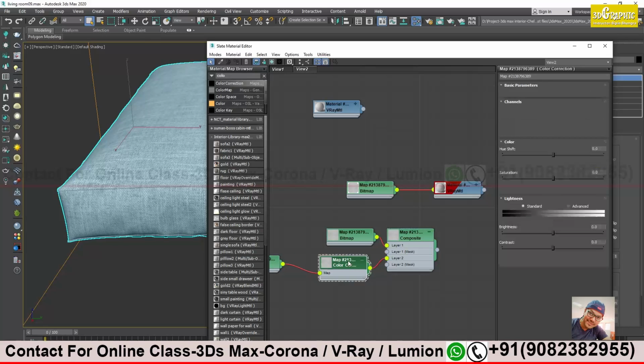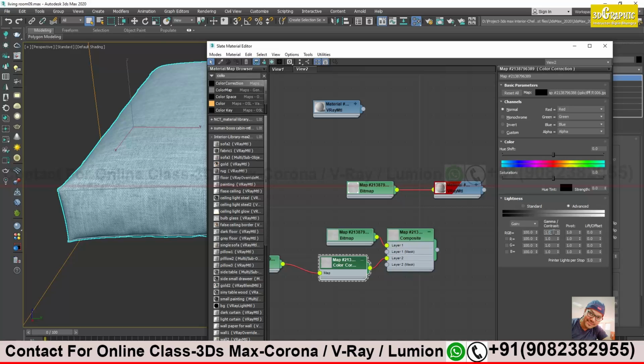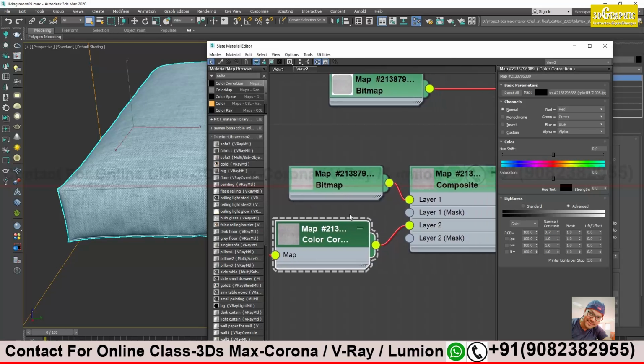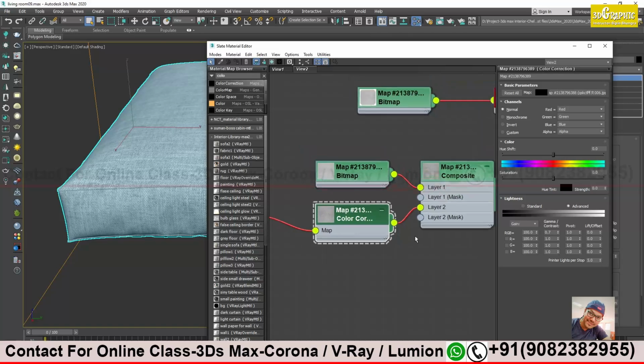Okay, I will make it a little darker. I will not change this one. I will go to advanced and gamma. I will make it 0.7. First we will take 0.7 and then we'll try to change it later on. Fine. And for mask,